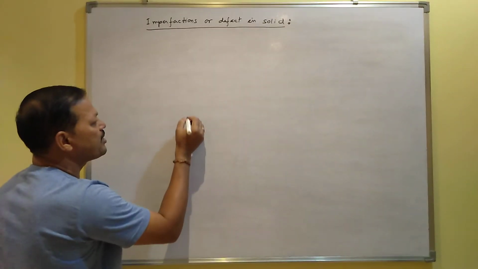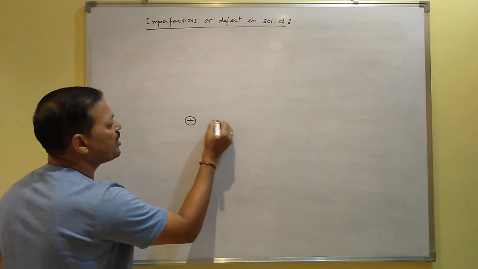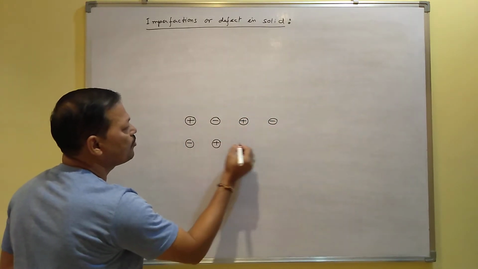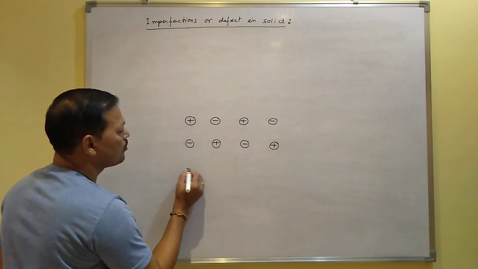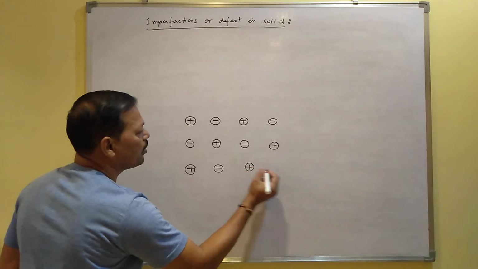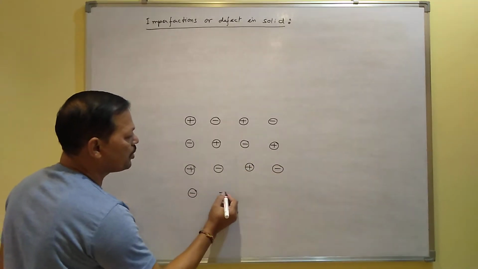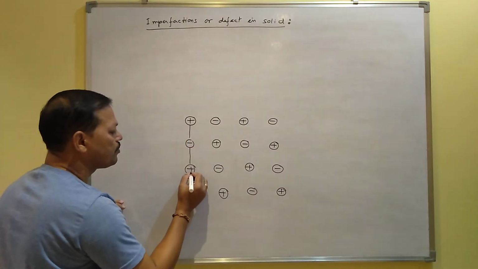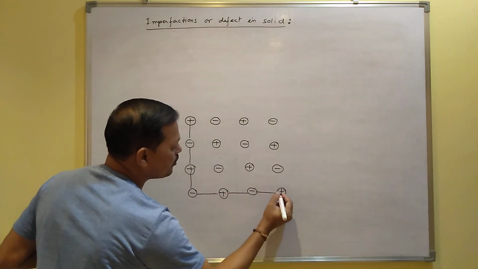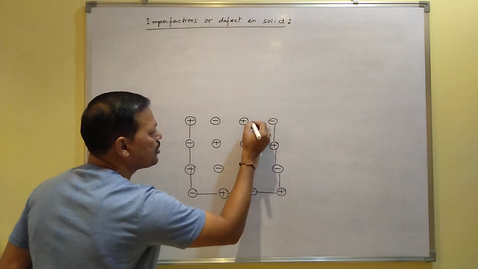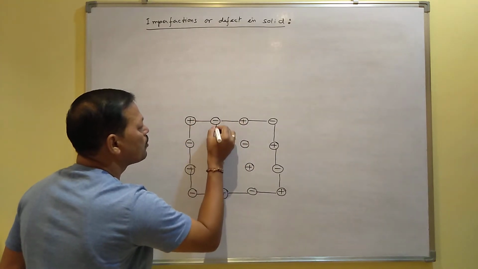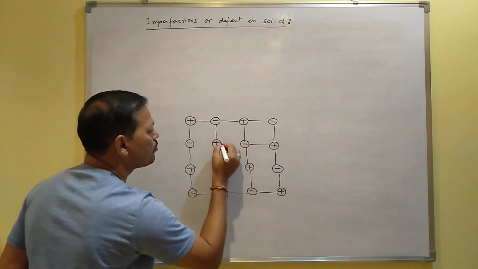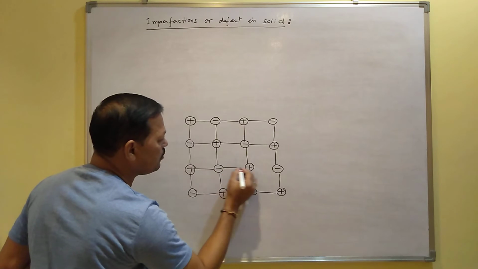The cations and anions, they are present in the solid like this. This is cation, this is one anion. They are present in this way. This is anion, this is cation. They are arranged inside the solid this way, and each ion is bonded with every other ion like this. In this way they are bonded. Now in this crystal